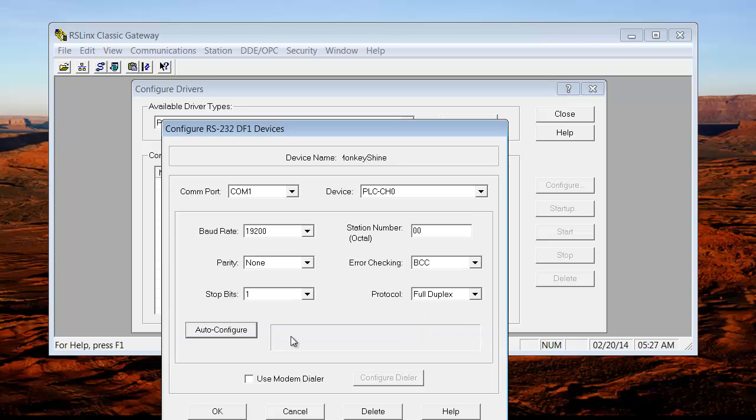That is your operating system telling you through your I/O structure that COM1 is not available. Now I happen to know that the USB adapter that I have is connected to COM4. So I'm going to select COM4. Now if you don't know how to determine what COM port, software COM port, is connected to your hardware COM